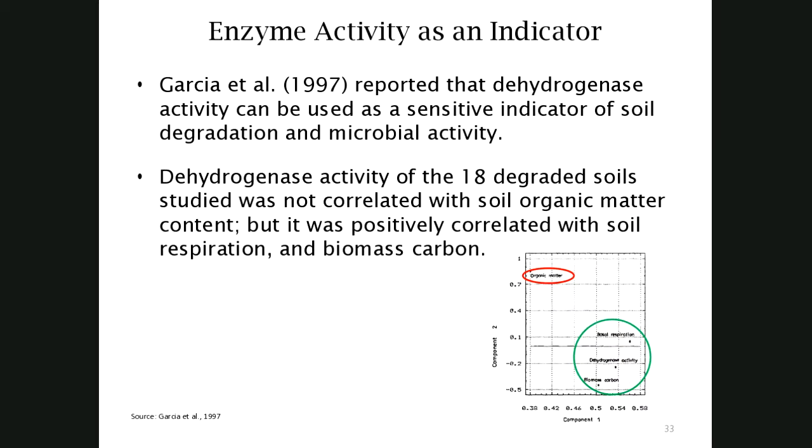So what they postulate here is that in degraded soils, it's more stable organic matter, so the biology cannot get to it as readily, and that's why they were able to see it as a potential indicator, right? So this is the ability of the soil to assimilate